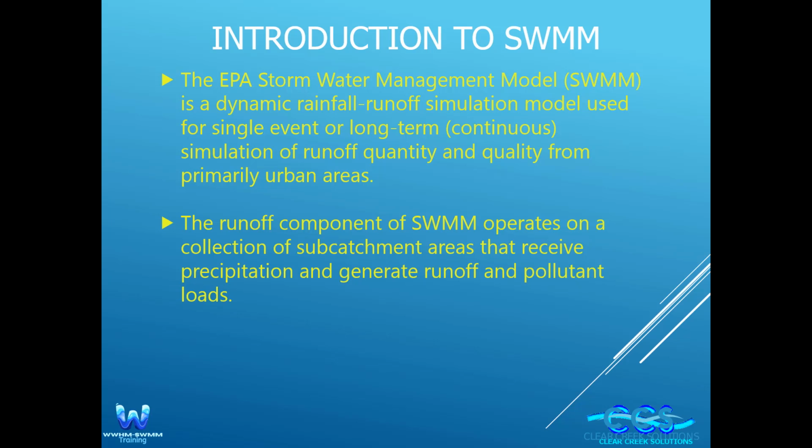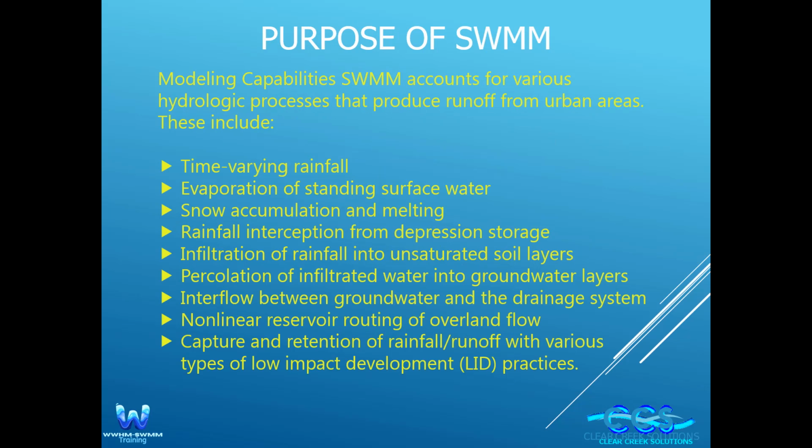But in most cases, the land use basin can just be substituted and used quite efficiently. As for modeling capabilities, SWM accounts for various hydrologic processes that produce runoff from urban areas. These include all of the following: infiltration, percolation, but most importantly, SWM is good at the hydraulic